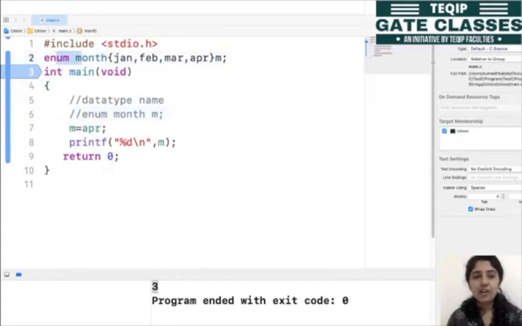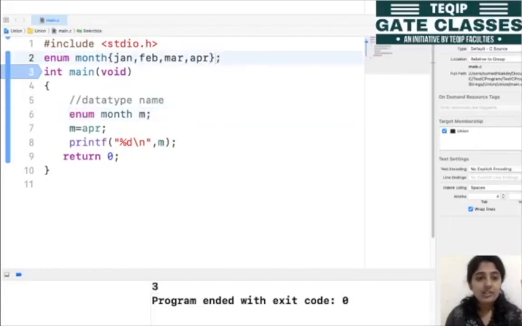So यहाँ पे data type क्या है? enum month, ठीक है? Because this is a 2 word, so it is just like our structure as we discussed earlier. So we can declare this enum variable by 2 ways. So एक तो जैसे यहाँ पे after this definition जब ये curly bracket close हो जाएगा तभी इसे mention करना है, या फिर we can use the separate line जैसे कि enum month and m.